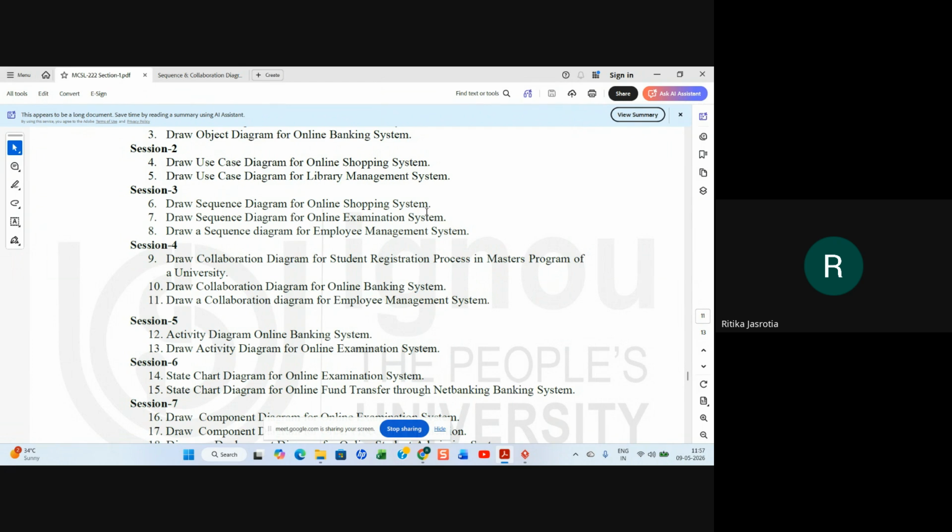Now in payment, you can have an alternate, an if-then option. If your payment is successful, then your order is placed. If your payment is not successful, that means else your payment fails, and the order is not placed. You can have an alternate, yes or no. Even in login also you can have an alternate: if login is successful, then you go to the option of selecting the products from the database. If you are not logged in successfully, then you are not allowed to add to the cart. I'm just giving an example.